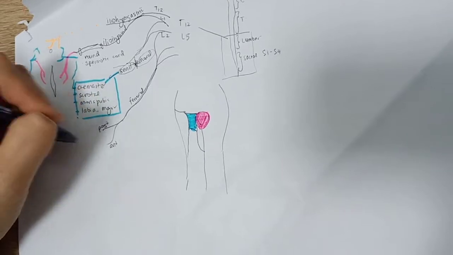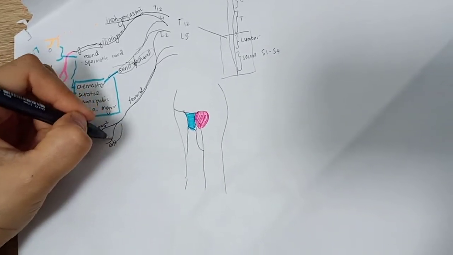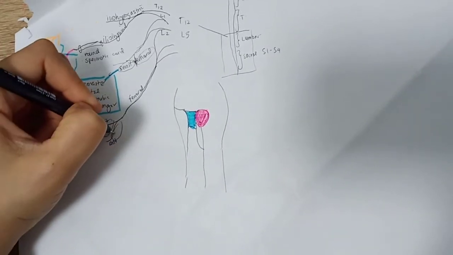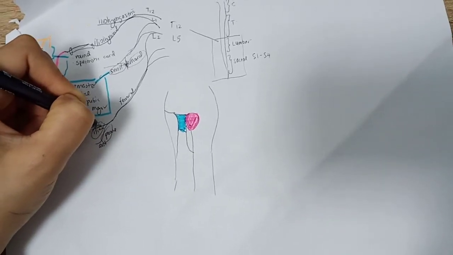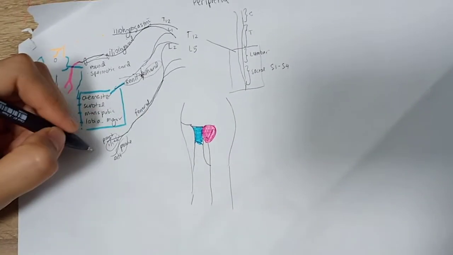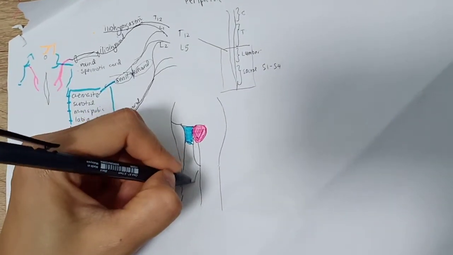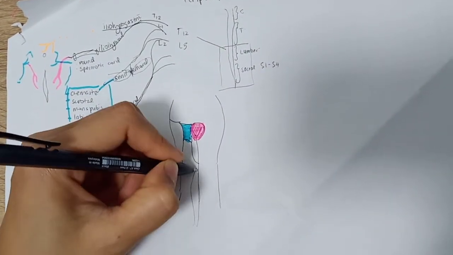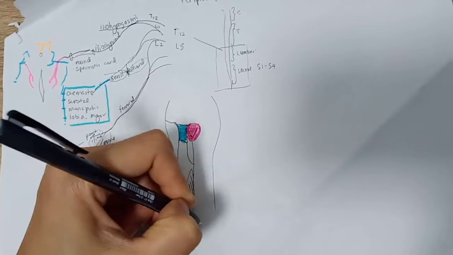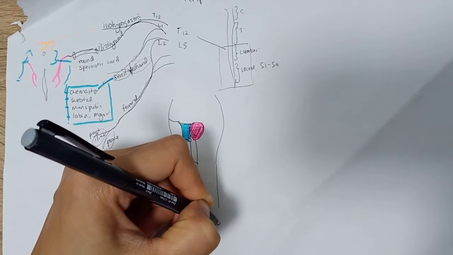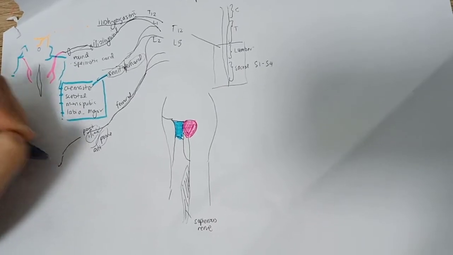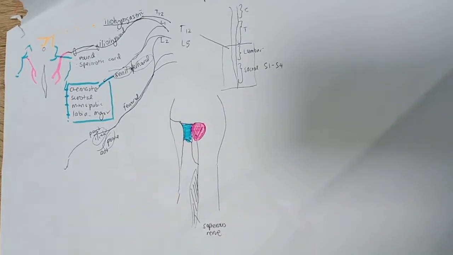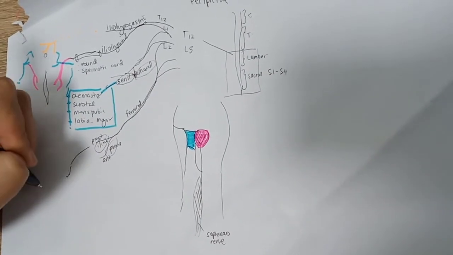So it runs in between the iliacus and also the psoas muscles. So psoas and iliacus muscles. And the posterior branch will give branches to the saphenous nerves. That is for the posterior. So for the posterior it gives rise to the saphenous,